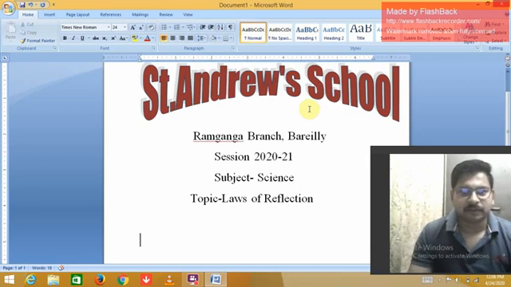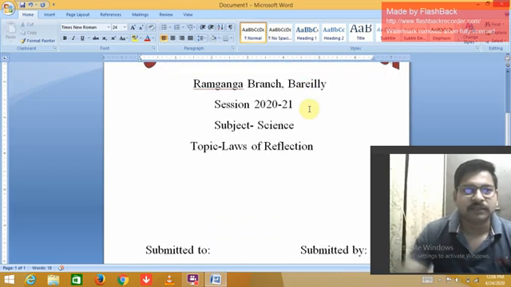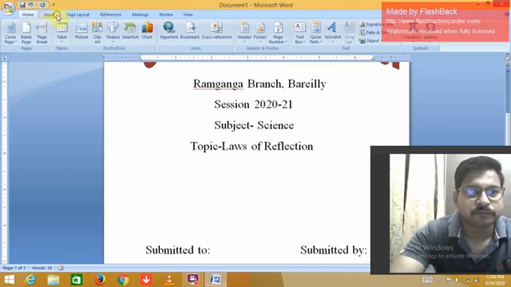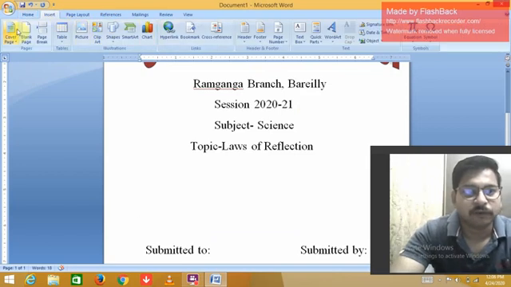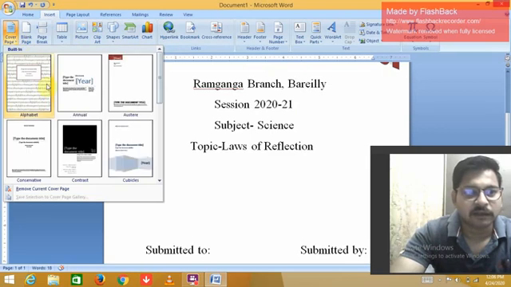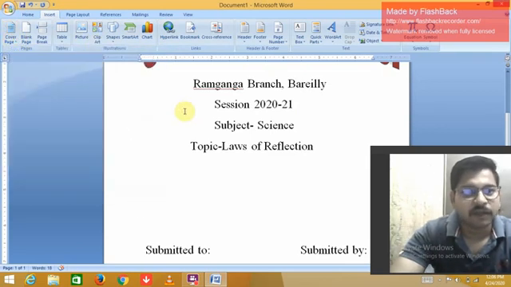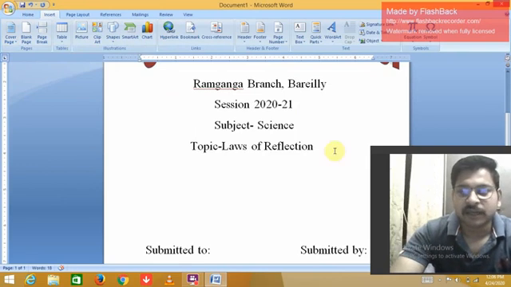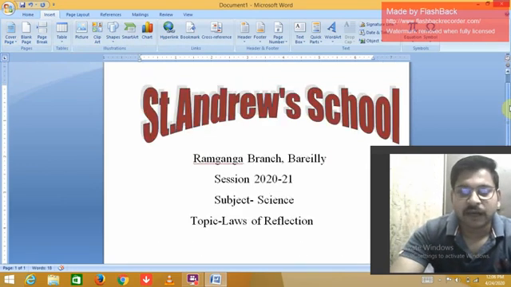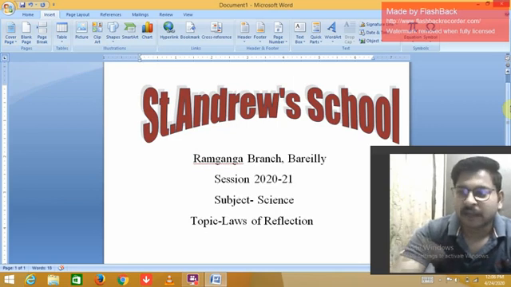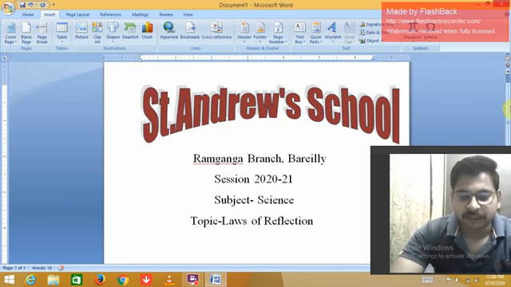You can make the border lines in this of your choice. Okay, if you want to make the color inserted on it, you can insert the color of the page. So all of you understand what is the use of word art and why we use it to make a front page attractive, and all of you know how to make a front page.